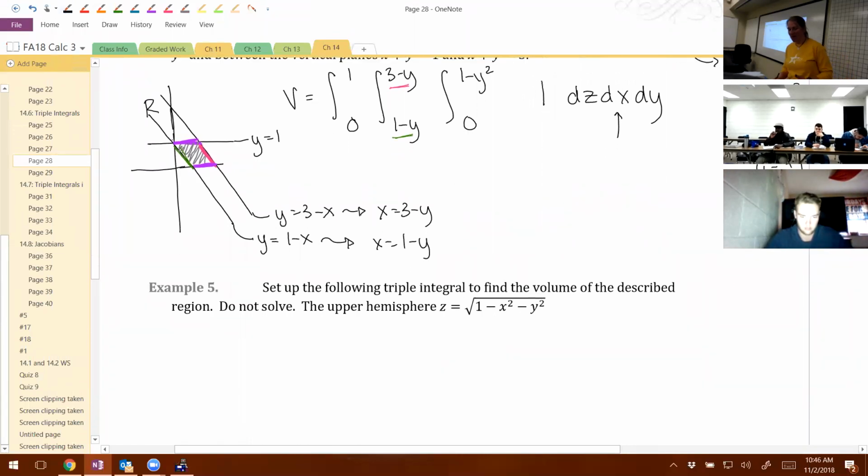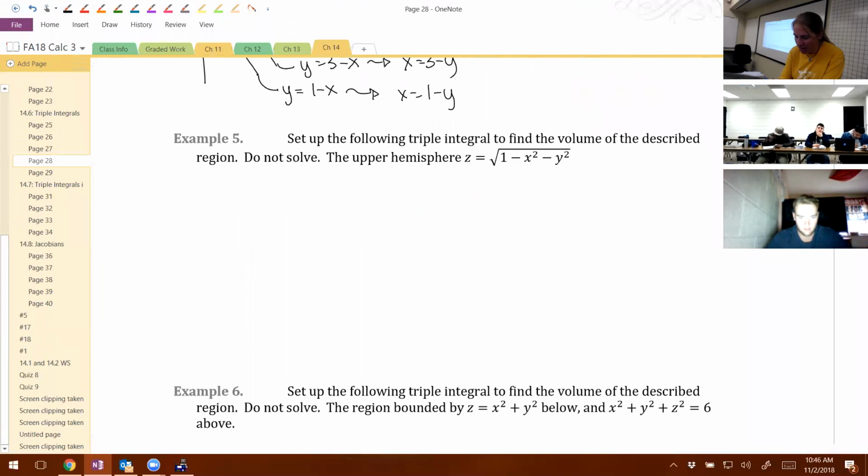Example 5. Set up the following triple integral to find the volume described by the region. Do not solve the upper hemisphere of this. And this one, I don't think we'll need technology to graph. We can kind of imagine what a hemisphere is going to be. If we consider just the top half of a sphere,